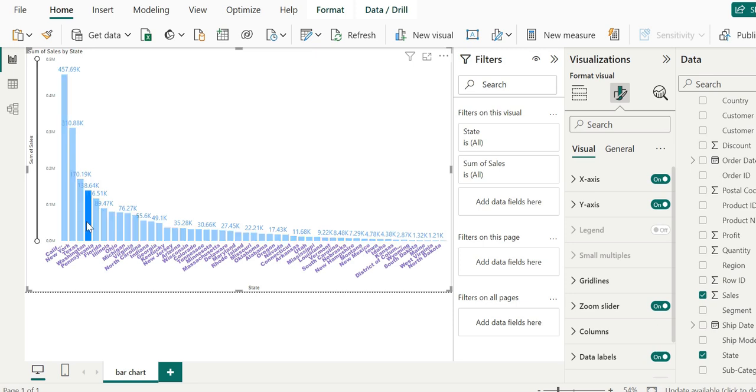Then we can see which bar we really want to look at. If we want to explore any single bar, or show only one state, we can use this.